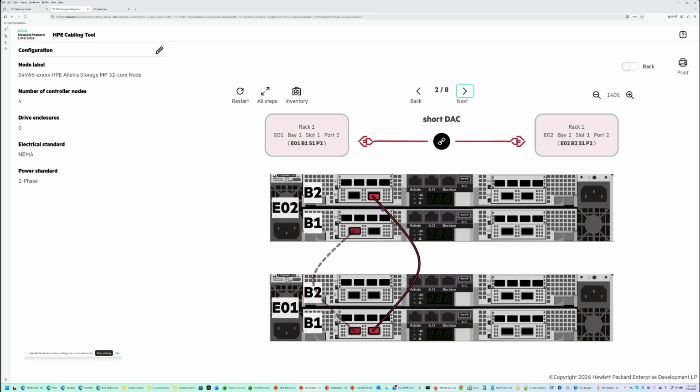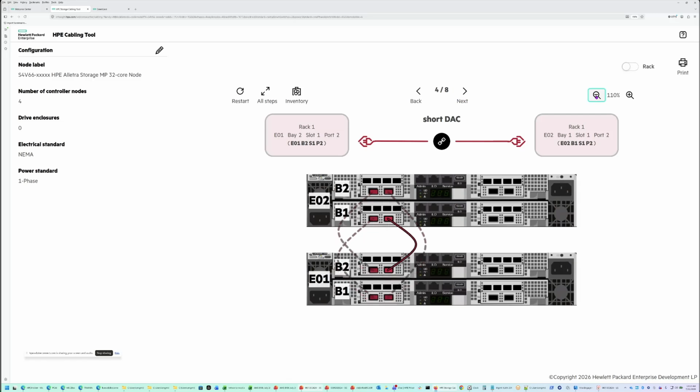The controller node number starts from the bottom: controller node 0, controller node 1. This one here is controller node number 2, and the one on the top is controller node number 3. So that's the cabling for the 4 controller node system